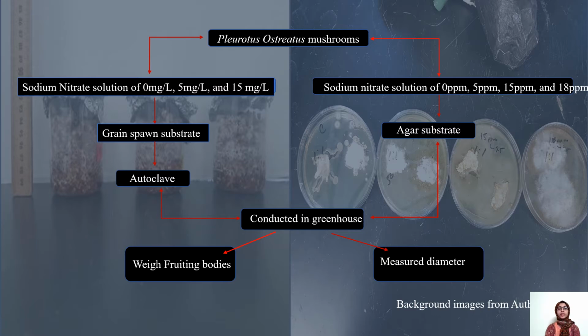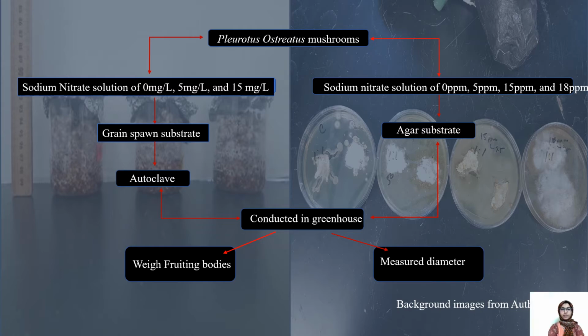Both experiments were conducted in a greenhouse for 1.5 months, and once mushroom cultivation was completed, fruiting bodies of mushrooms that were grown in grain spawn were weighed on an electric balance. Although the diameter of mycelium in agar substrate was measured with a ruler every day. The data of both experiments were obtained and analyzed on JMP version 14, and Tukey test was used to compare